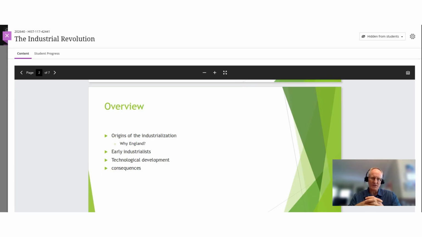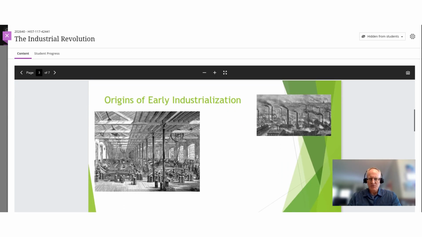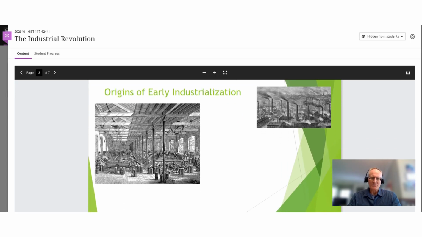And then also, moving forward, we'll take a look at how the industrial characteristics began to spread beyond Europe itself, primarily to places like the United States. But to begin with, it's important to understand the origins of this early industrial age, the first industrial age, you might say, and then also why Britain had the pieces in place from which they could begin to benefit from industrialization.